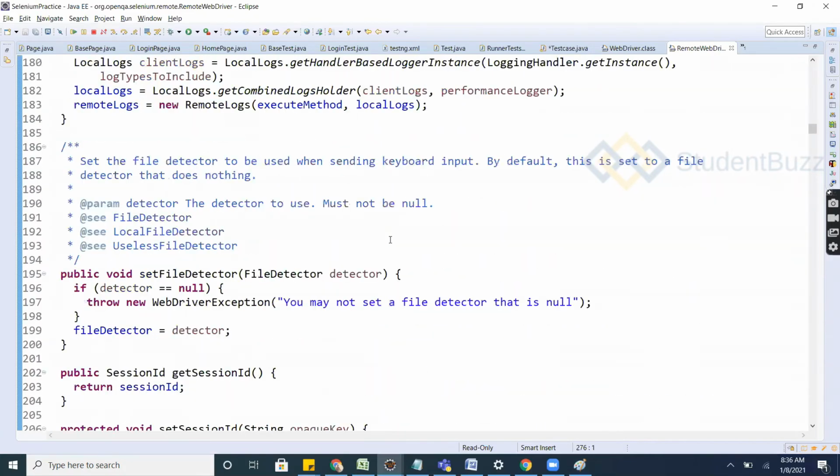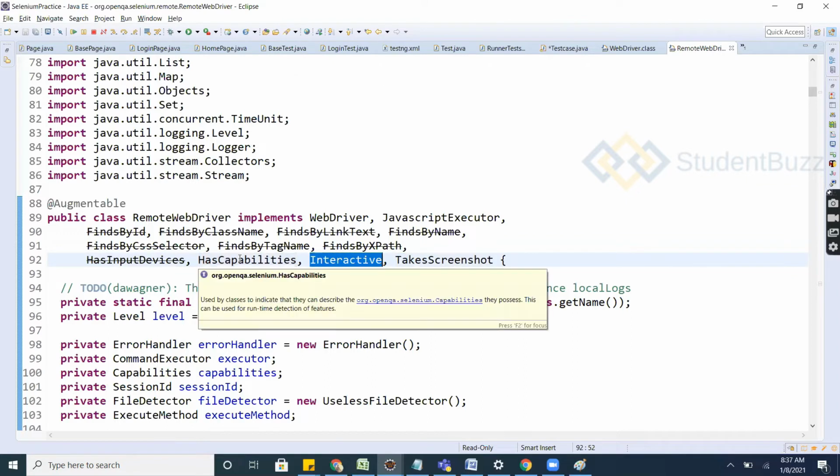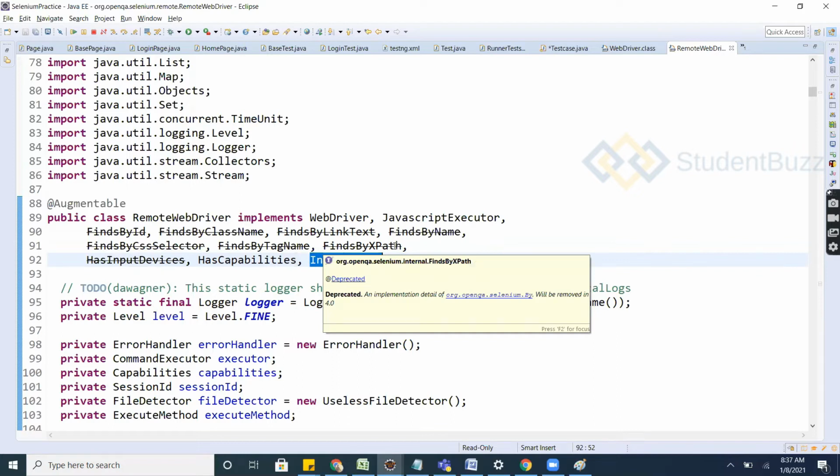You can see here class RemoteWebDriver implements the WebDriver interface, JavaScriptExecutor, Capabilities, and TakesScreenshot. You can implement multiple interfaces in one class, but you cannot extend multiple classes in another class, nor extend multiple interfaces in another interface.